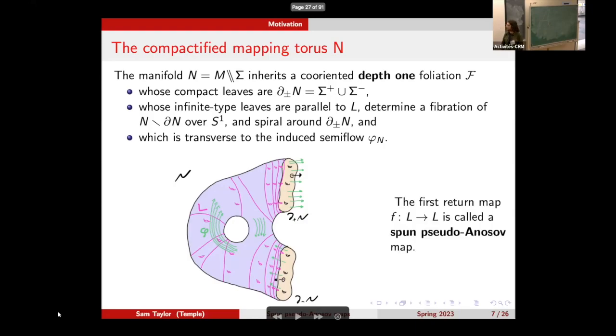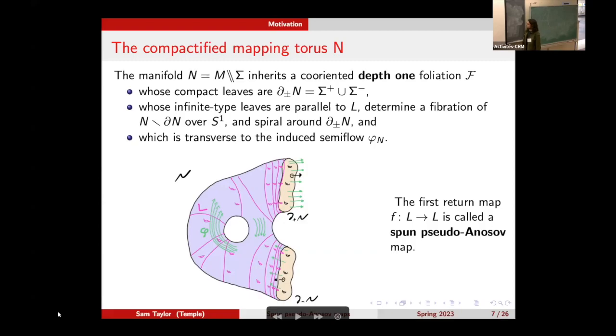So just summarizing, what did we produce? We produced this first return map on this infinite type surface, and we call this map a spun pseudo-Anosov map. Okay, why? We sort of got it by doing this spinning operation, starting with the pseudo-Anosov homeomorphism of our initial surface. The monodromy, how is it related to the